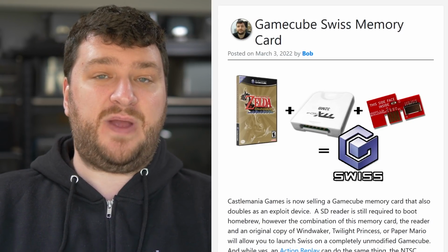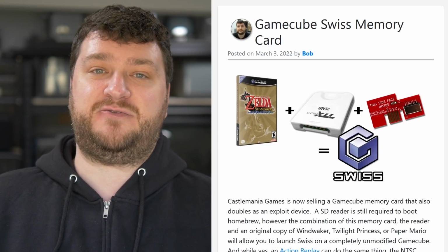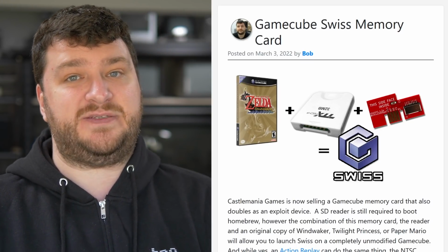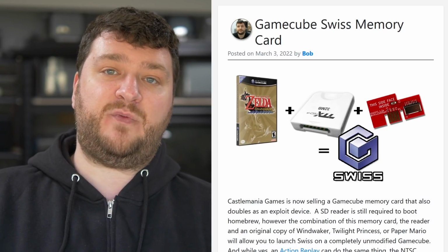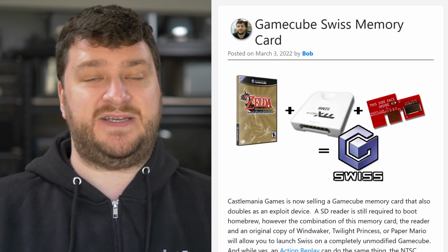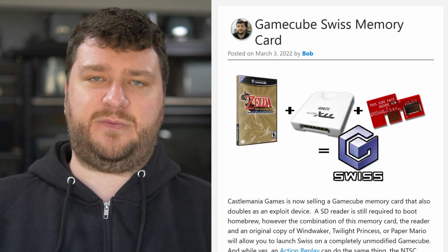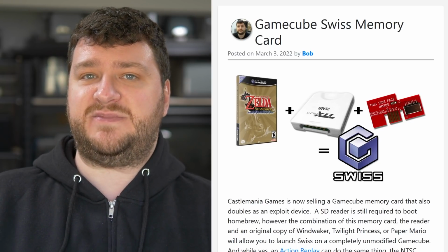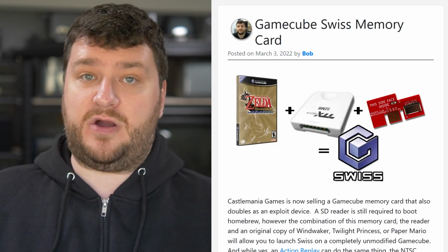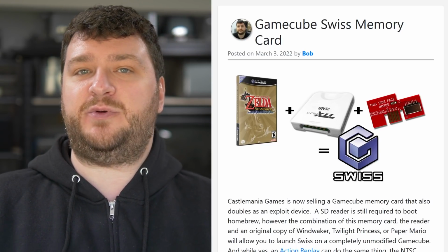And if you don't have any of these solutions, decide which one you want to buy, because some of the Action Replay ones are more expensive than these games, and these games are getting pretty expensive. But if you don't have a way to boot homebrew on your GameCube, and you do already own one of those 3 discs, either NTSC or PAL, I don't think the Japanese version is available yet, but if you already own the games, definitely pick up one of these, because it's one of those things where it is a memory card, so you could just use it like a normal memory card,